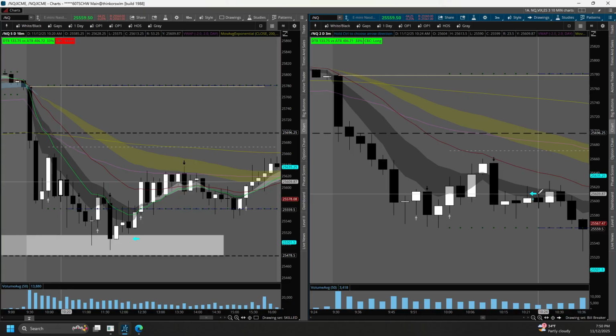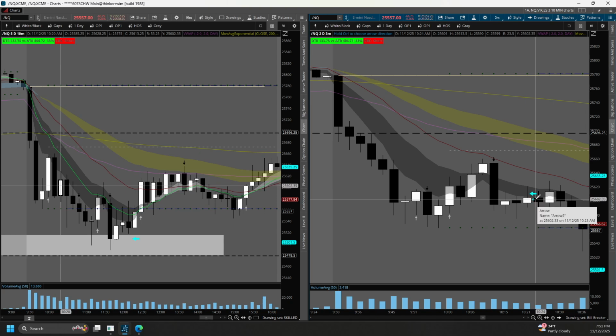I think typically if he's running with his usual 10-point stop, he would have gotten stopped here only to watch this really rage bait you, because it's like, oh, I just took a small stop, and then see this move happen. Again, when the volatility is quite high, trying to thread the needle here on the 2-minute, on the 3-minute 9, knowing that we very well may go back to the 3-minute 20, which would be a sure stop out, trying to thread this with a super small stop becomes extremely challenging and probably frustrating.